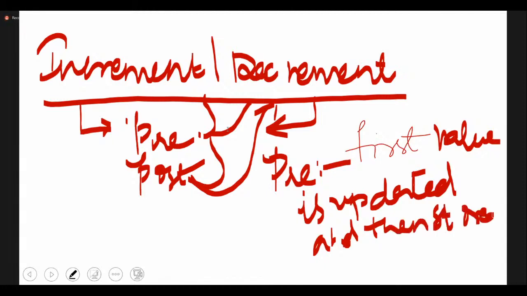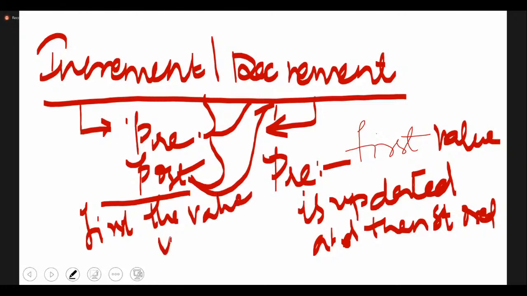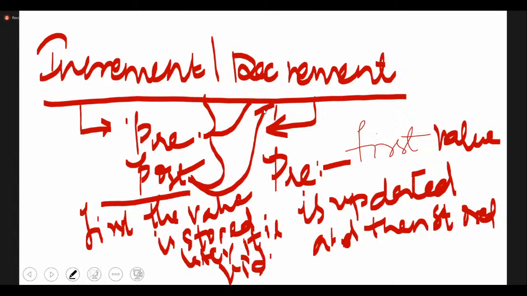Now, when you're talking about post-increment or post-decrement, first the value is assigned, or stored. Later, it is updated. So we'll understand what this definition actually means.